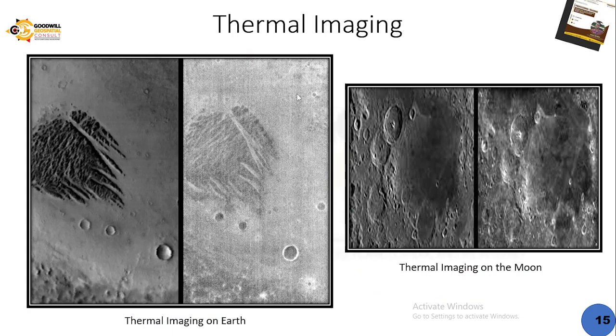Now this is a thermal image on Earth. Look at this object. It's really dark now in the day, but in the night this same object has a radiant rim around it. So whatever is happening to this image, this object here in the daytime absorbs less radiation, but